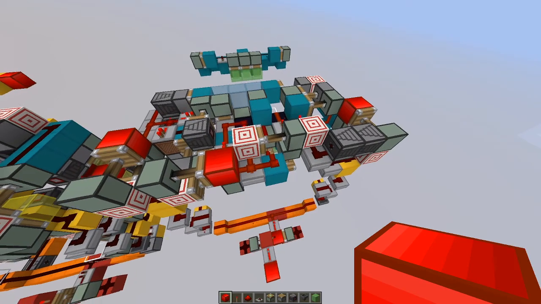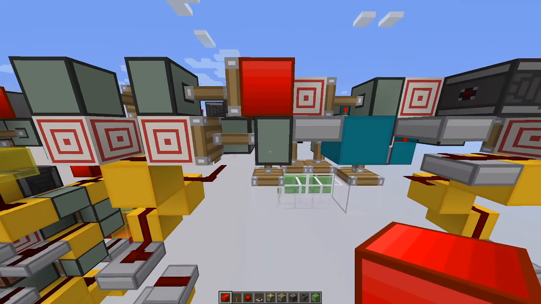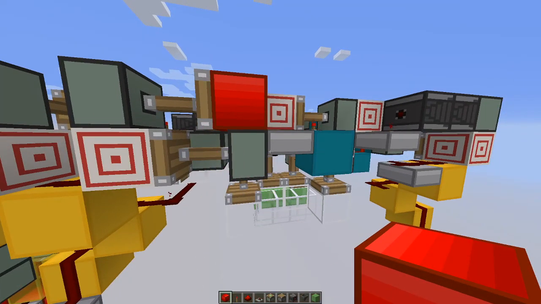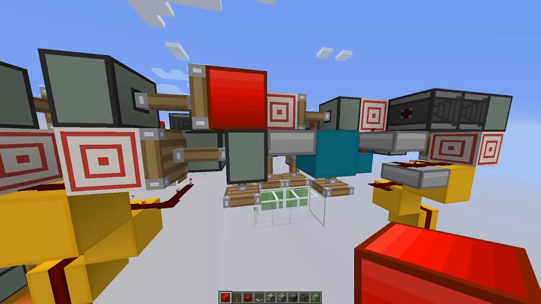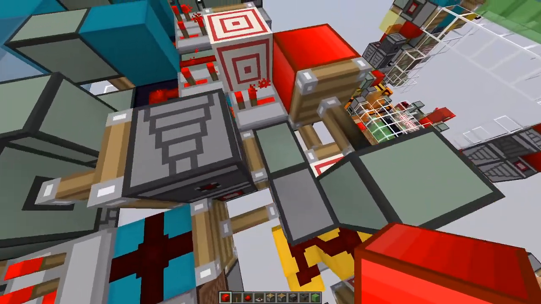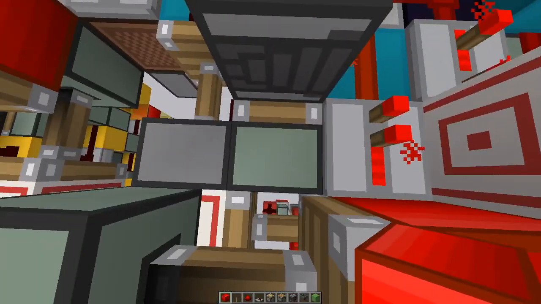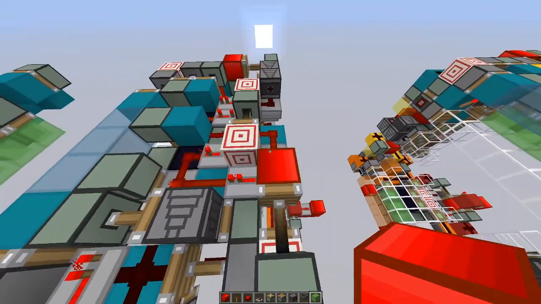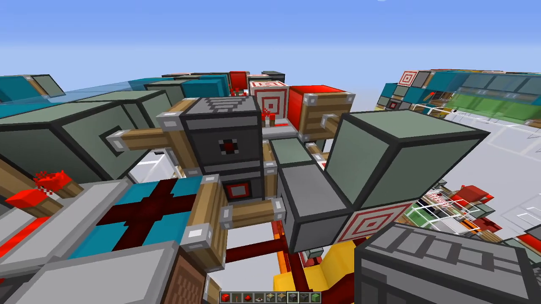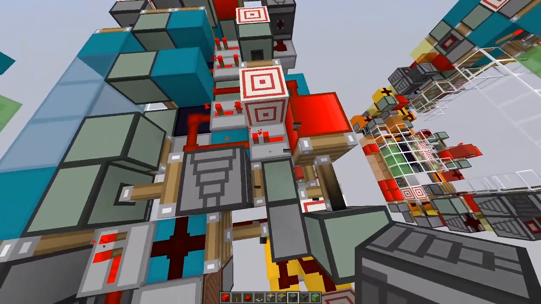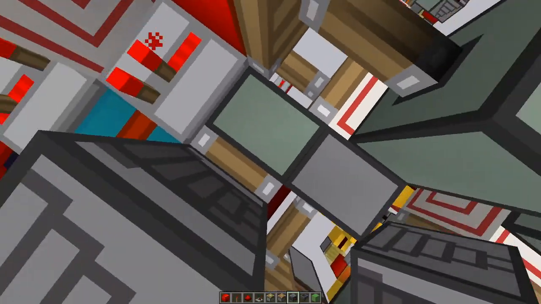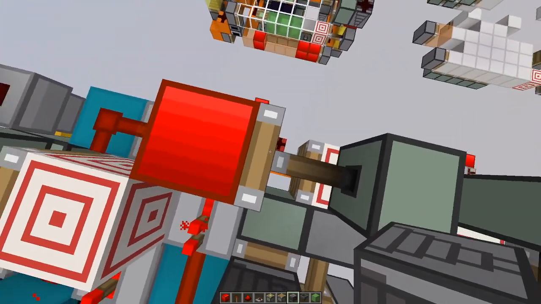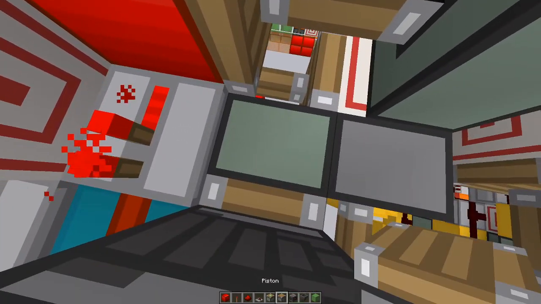And this isn't that big of an issue, like this will just stay constantly powered until we have an issue where this piston would not extend reliably at 3 game ticks, because there are observers here for the sides, and this piston does not respond to this redstone block at 3 game ticks. And